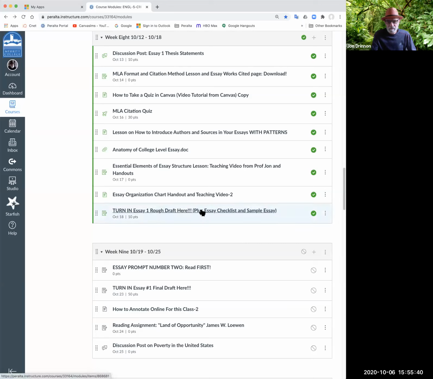So then you turn in your rough draft here. And if you turn it in on time, it's important because then I'll have enough time to respond to it and enough time for you to turn the final draft in on October 23rd. That gives you 5 full days after you turn in the rough draft to turn in the final draft. So I can give you some feedback on it, and I can steer you in the right direction so that you make sure you get, I want to give everybody an A on this.